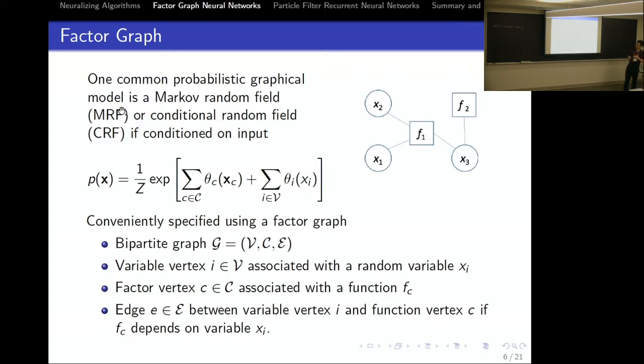I'll talk about conditional random fields or Markov random fields. In conditional random fields or Markov random fields, you want to say what's the probability of the different configurations that are possible. The way you say certain ones are more probable than others is that you take subsets of variables and put functions over them. You favor configurations over the subsets that you like, so that they turn out to be more likely. One way to specify this is as a hypergraph or a factor graph.